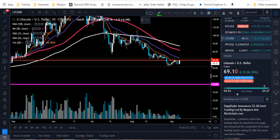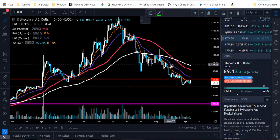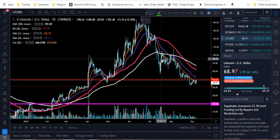But right now, you got to pay attention and factor in that the trend still is down for Litecoin. So you want to be careful right now. You know, if you're looking for a long-term investment, do I think $69 is a cheap price for Litecoin in the long run? I really do, guys. I think it's going to be worth more than that. But there's still maybe better buying opportunities here, and you also want to wait for that confirmation,